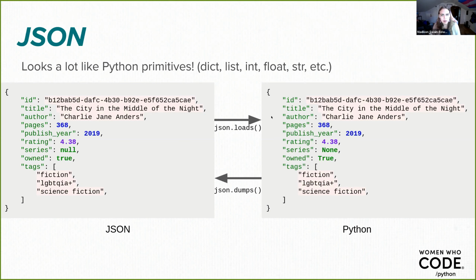There are a couple of things to point out here that are different, right? If you're familiar with Python, on the right, series is None, owned is capital T True. Everything else looks pretty similar. But in JSON on the left, because it's again JavaScript based, None shows up as null and owned shows up as lowercase t true. That's why we have to do that conversion into Python to convert those values. Typically when we receive this JSON from a server when we're making a request, it's just one big string, and so we have to work to decode that string into the Python object on the right.